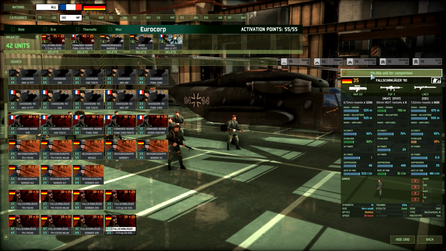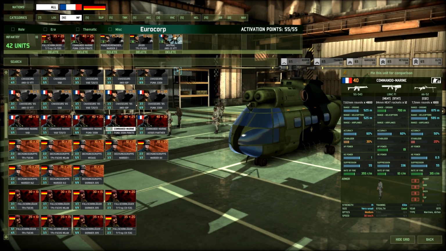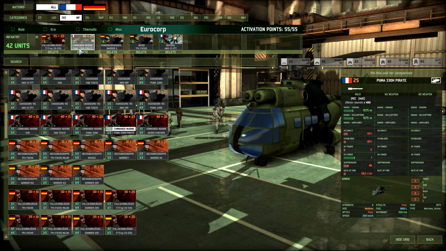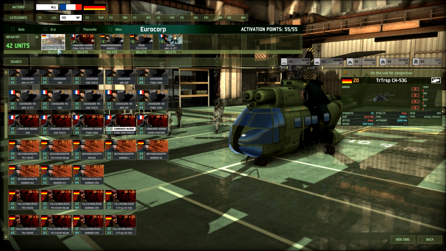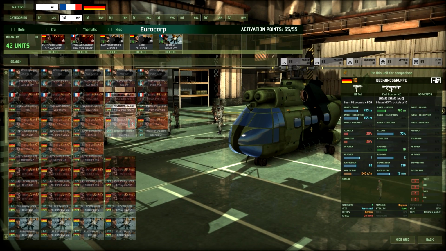Absolutely, yeah. And what have you got your Commander Marines coming in? The Commander Marines are in the Puma 330H Pirates. And there's only like 5 points difference between the 330H Pirate and the normal Pirate. Yeah, yeah. And the Fallschirmjägers are in the CH-53G, and